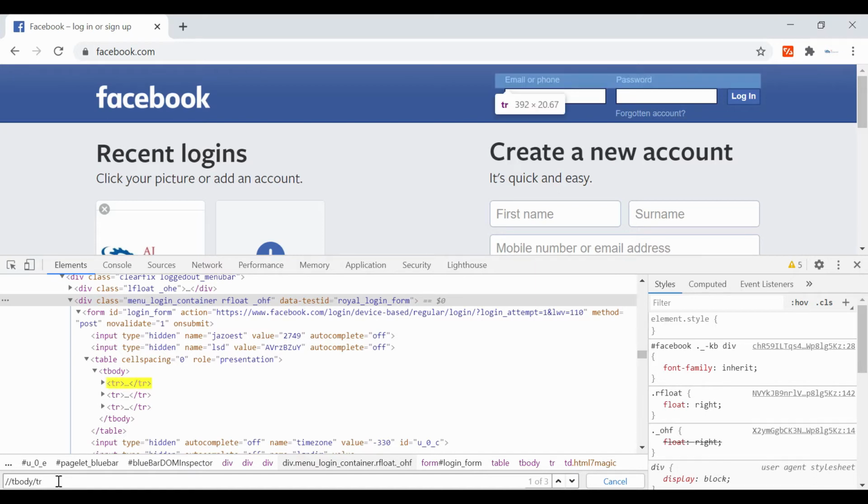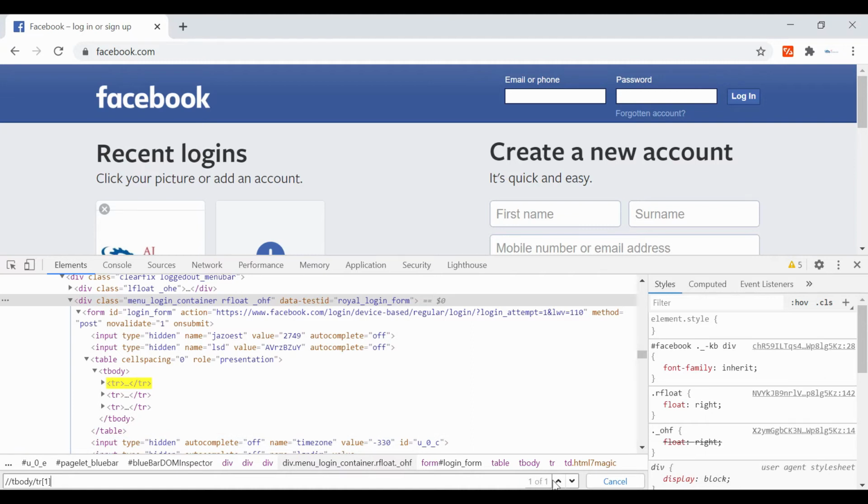So tr, as you can see here, it is showing 3, which means there are 3 immediate children for this tbody. What if you want to go to the second only, not the first? Using the square bracket you can mention which tr, which row or which child you want to go to. So first tr means first child, so after tbody it will highlight the first row only, uniquely.